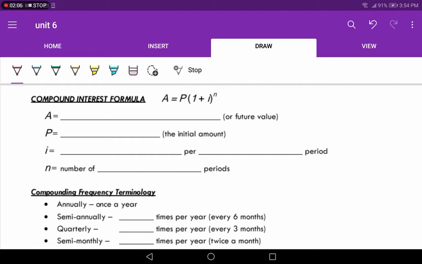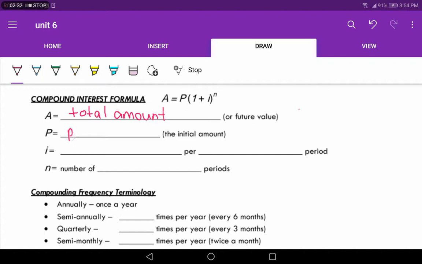So in the last lesson, what we did is we filled in a table using simple interest to calculate compound interest. In this lesson, we are going to learn that just like simple interest, there is an equation for compound interest. So the formula that we'll be using is A equals P times 1 plus I to the power of n, where A is your total amount or your future value,